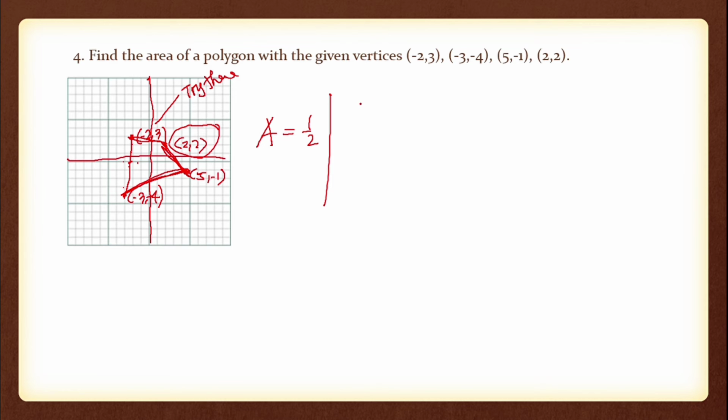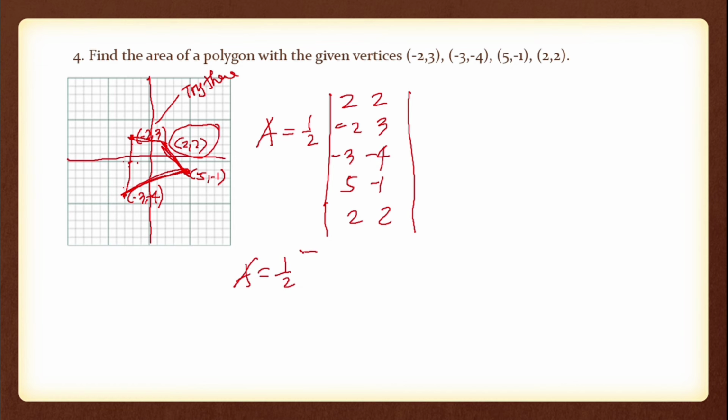So if I started 2, 2, so this is 2, 2, negative 2, negative 3, and negative 3, negative 4, and 5, and negative 1. And go back here with 2 and 2. So if the area is equal to 1/2, so this is 6, this is plus 8, plus 3, plus 10. And up we have negative 2 times 2, that is 4, since change the sign, plus 4,